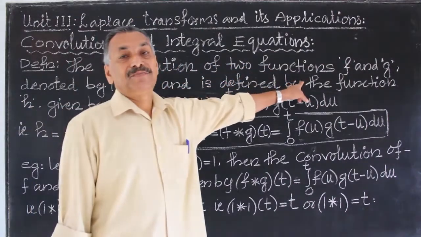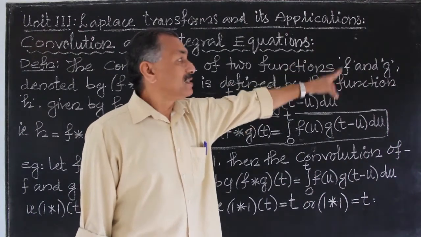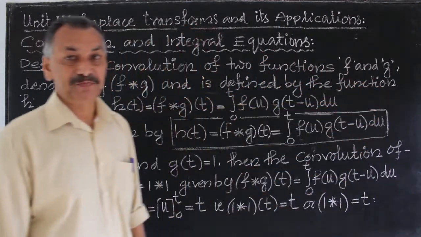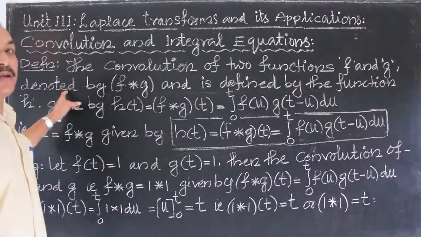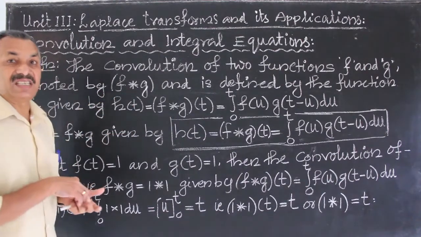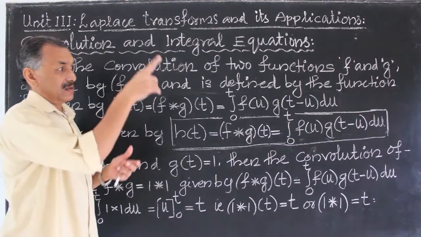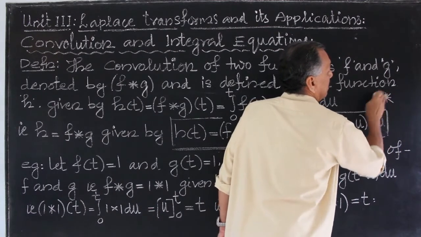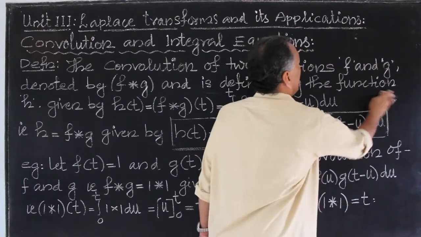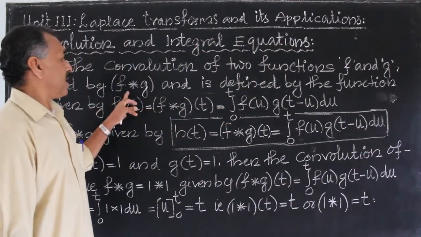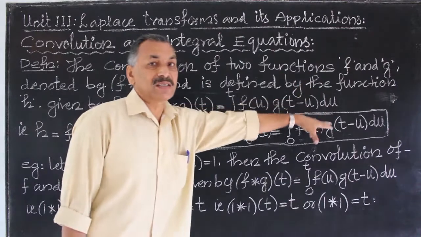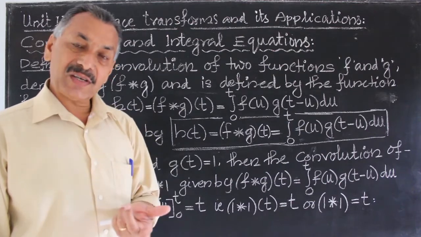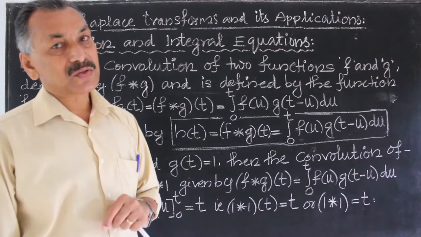The convolution of two functions. Let f is equal to f of t and g is equal to g of t be any two functions. Then the convolution of these two functions f and g is denoted by this notation, f after g. Just as f plus g, f minus g, f into g, and f divided by g are also functions,